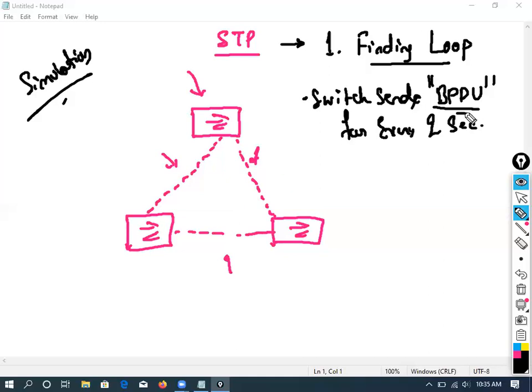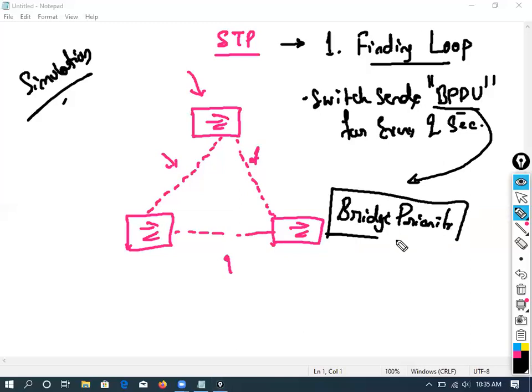Now this BPDU contains a few pieces of information. One is bridge priority and the second one is MAC address.